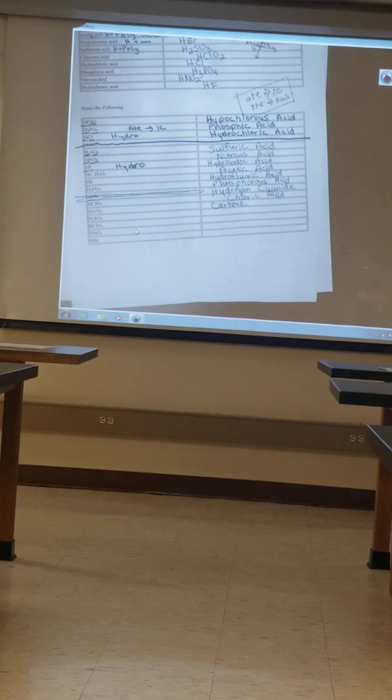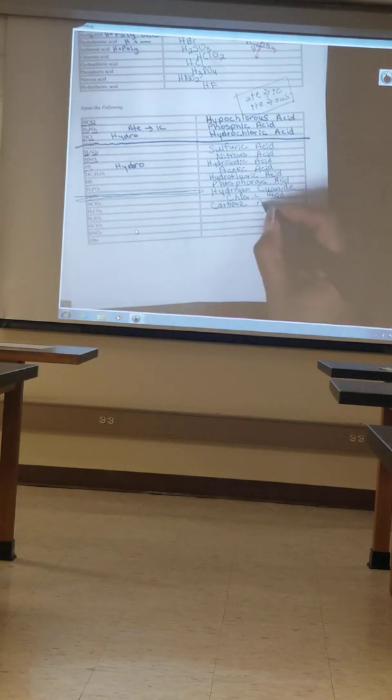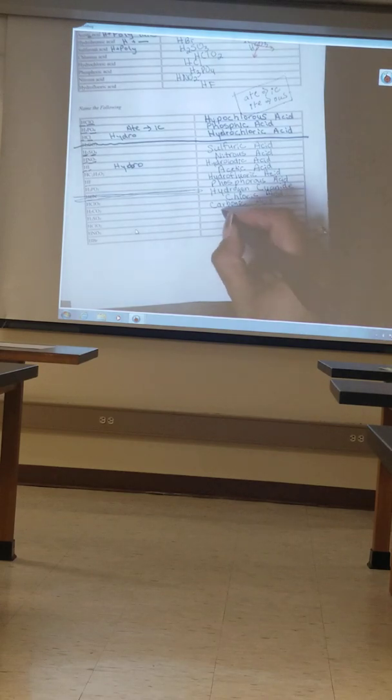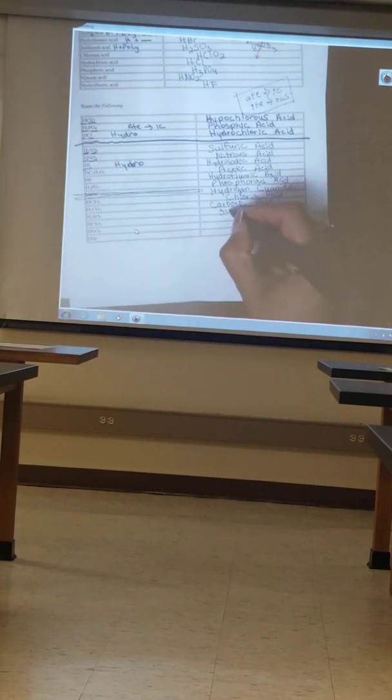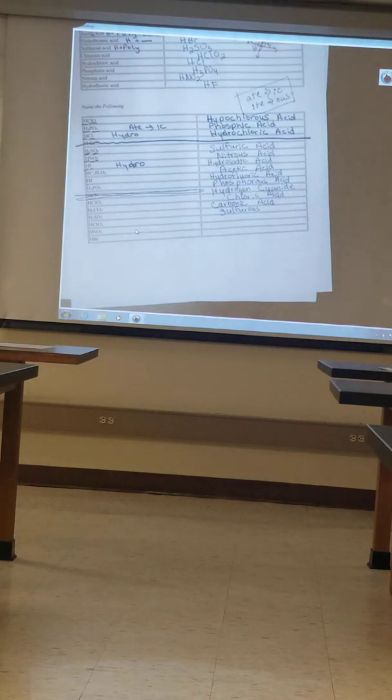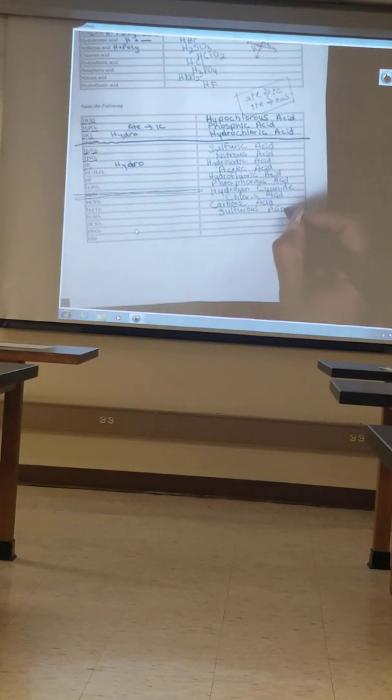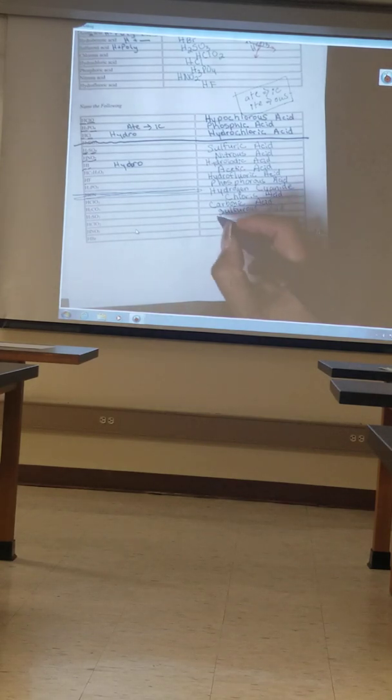I changed that last part to the IC, acid. The next one is another polyatomic, so let's go to the polyatomics chart. Sulfurous, OUS from the ITE, acid. The next one's another polyatomic, so we named the polyatomic as is, we changed the ending of it, so it's going to be chlorous,